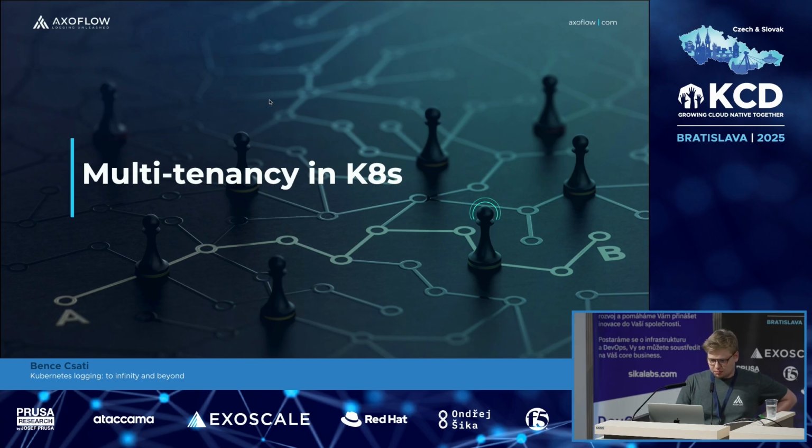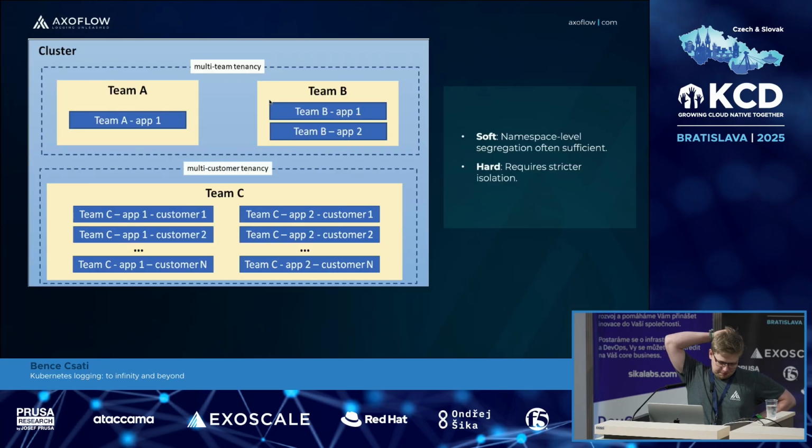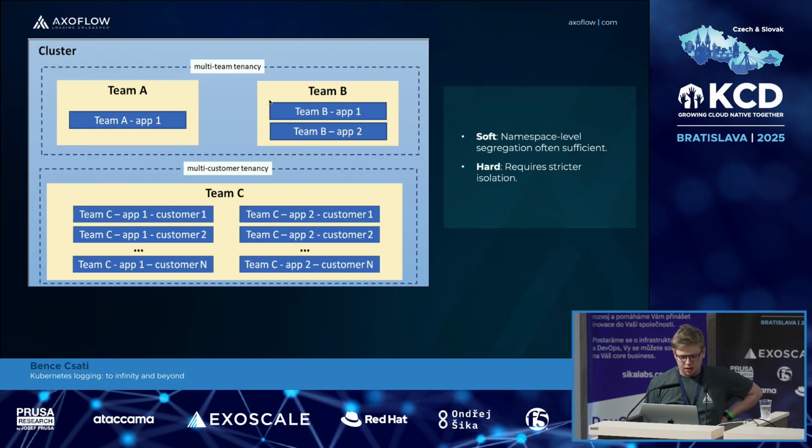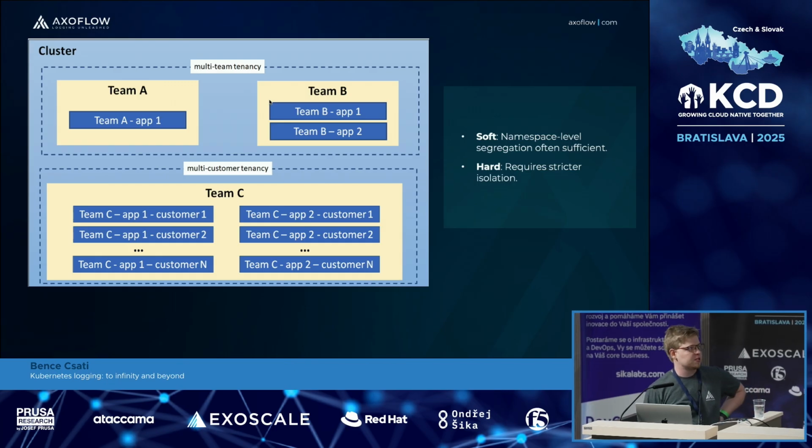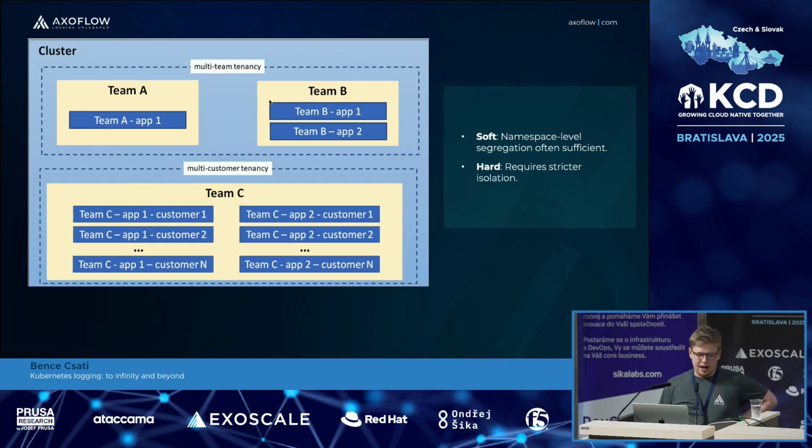But what does multi-tenancy actually mean? There is not a single good definition for a tenant, but rather the definition varies depending on whether we are talking about soft or hard multi-tenancy. Soft multi-tenancy often relies on namespace isolation, RBAC, network policies, and resource quotas. Obviously, it provides a lower overhead but is less secure. It is suitable for teams within the same organization,